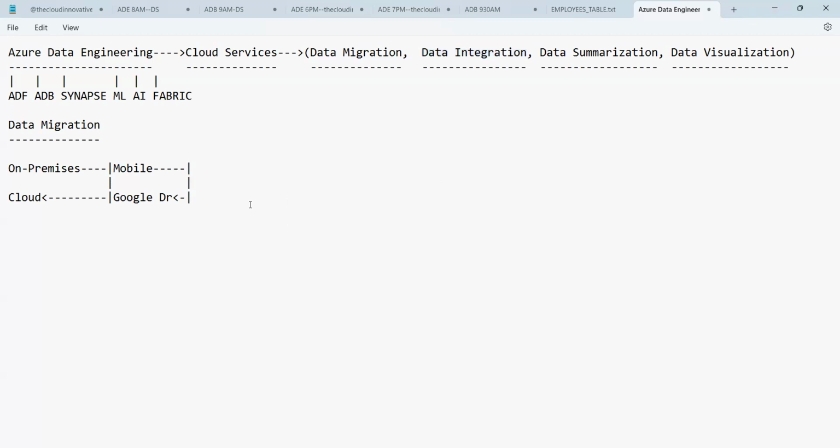So what is data integration? Data integration is a process where multiple data sources are gathered at one place for the facilitation of the user. I'll take an example: a More supermarket has many products.